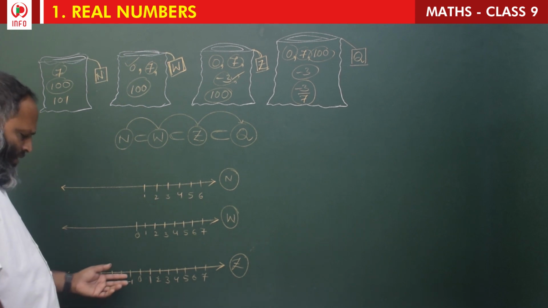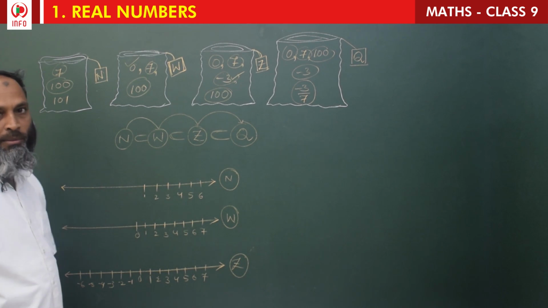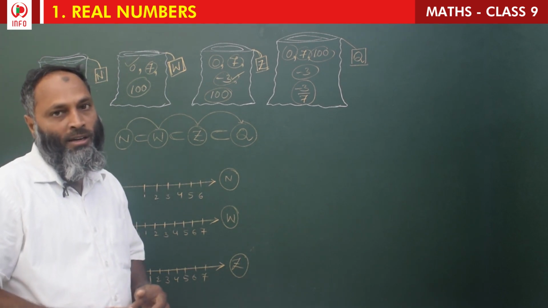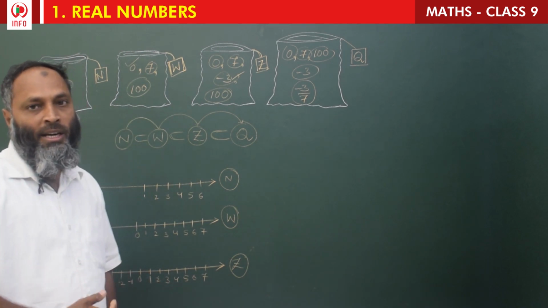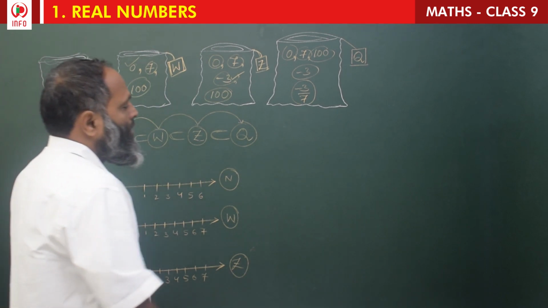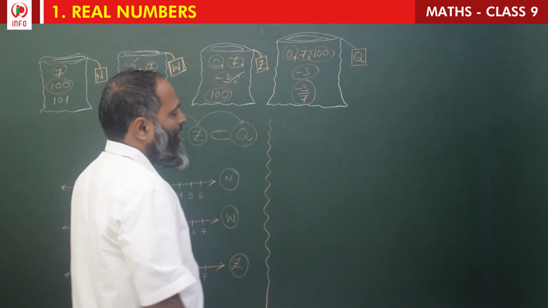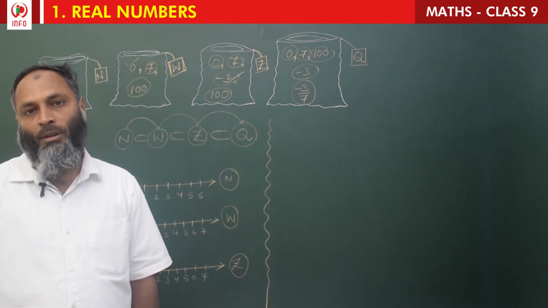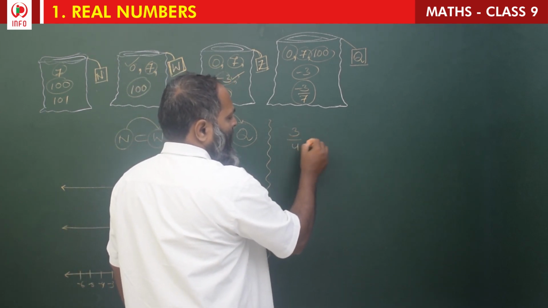First we should take 0 in the middle, and on the right side we should take positive numbers, and on the left side write negative numbers with an equal distance. Then how to represent rational numbers? Suppose rational numbers are in the form of p by q. Suppose 3 by 4, how to represent it